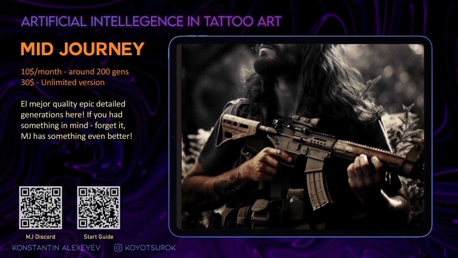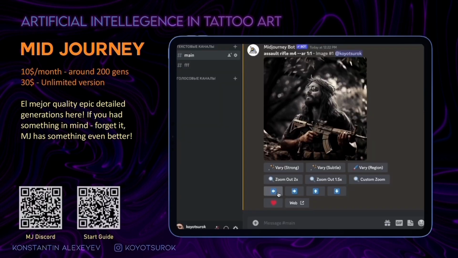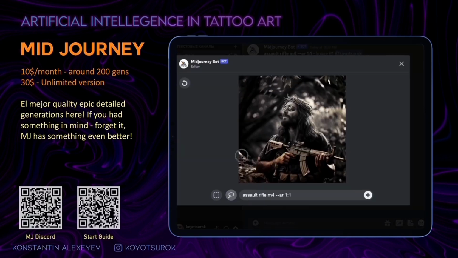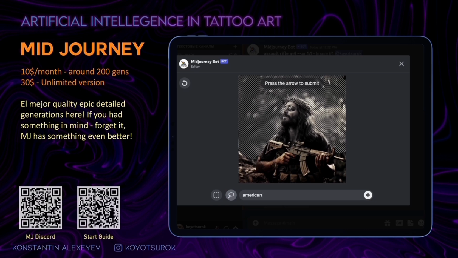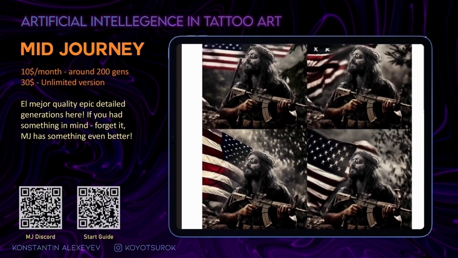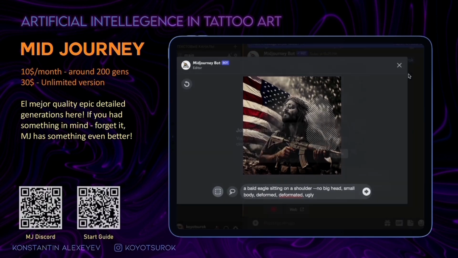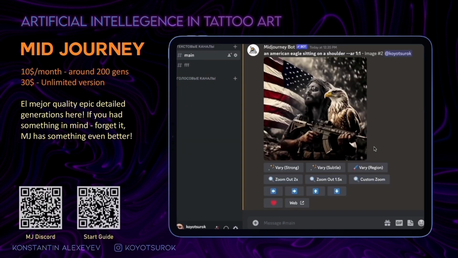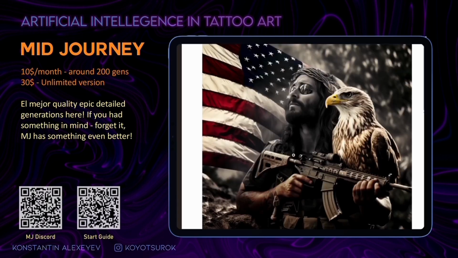I'm sorry, but I cannot stop here because this just works so well. I want to show you a few more examples of how to use this. Now I'm choosing the lasso tool and selecting the background area, and the prompt is an American flag. I think it looks epic and ultra patriotic, but not as epic as an eagle sitting on the gun. Yeah, now this picture is really coming together. And you can see the quality is good enough even for an Independence Day billboard.